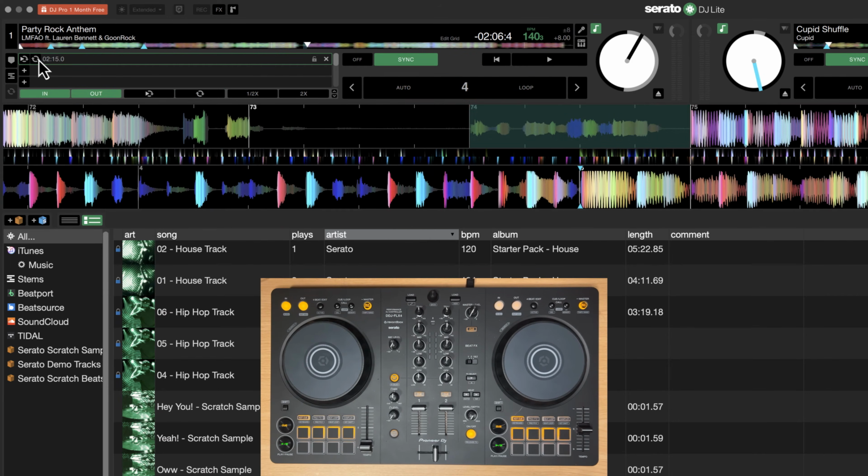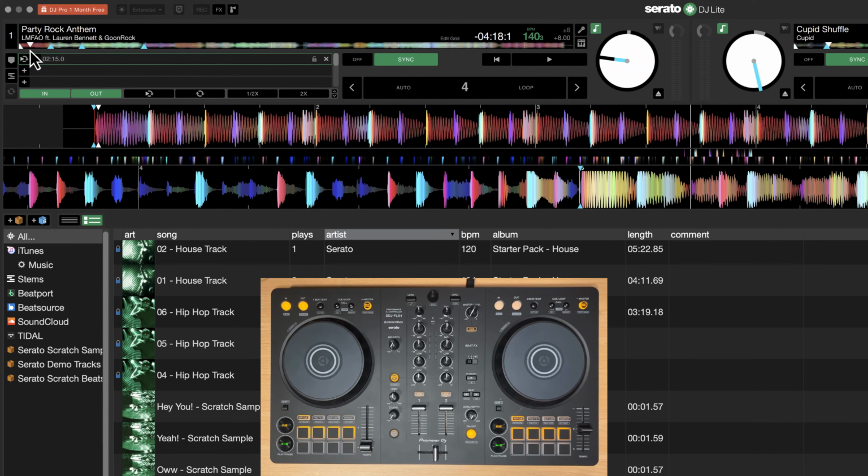Now what loop active does is it turns the loop on and off, meaning once the playhead gets to the loop, it'll go ahead and start looping, whereas loop jump will actually turn the loop on and jump to where the loop is. Now, if I'm playing the track and I activate the loop jump button,